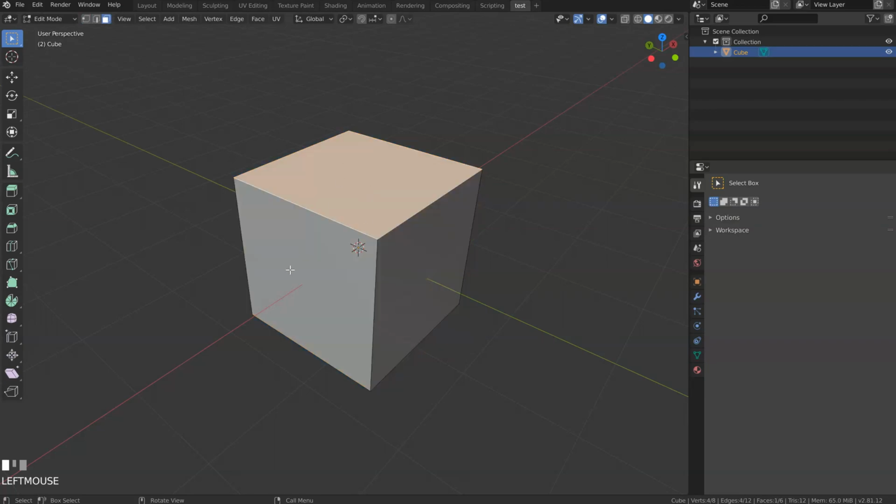That means if I am in face mode, I can select this, as you can see. So shift to select, control to remove, like that. Click, shift, etc. On the vertices, this is the same, shift to add more. And if on the face you select all the vertices of the face, that will select the face too.